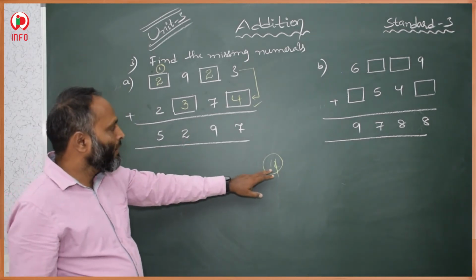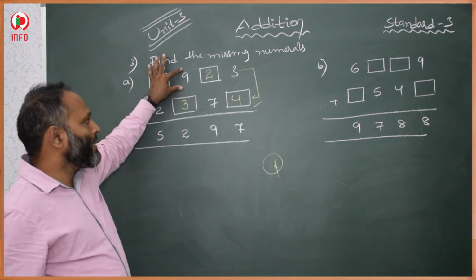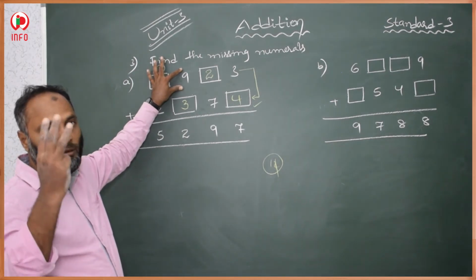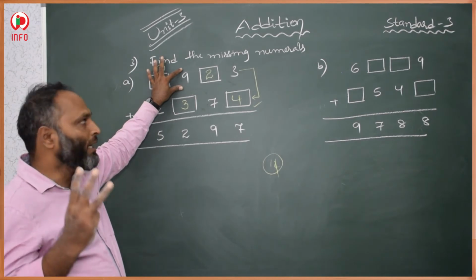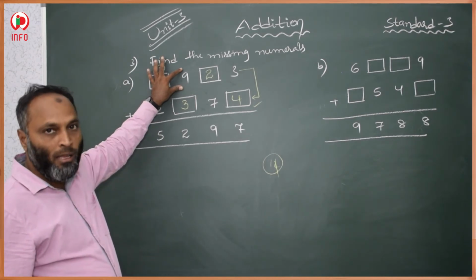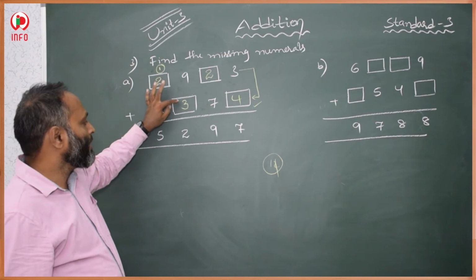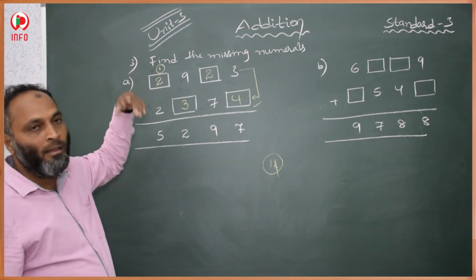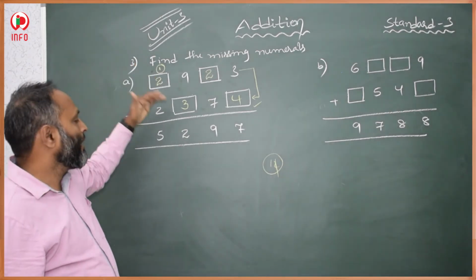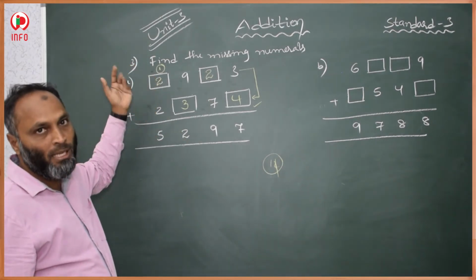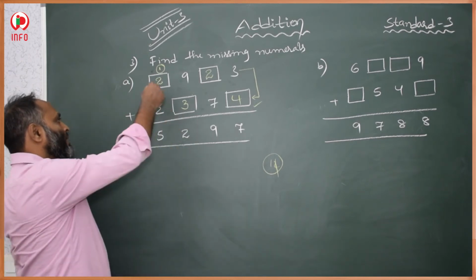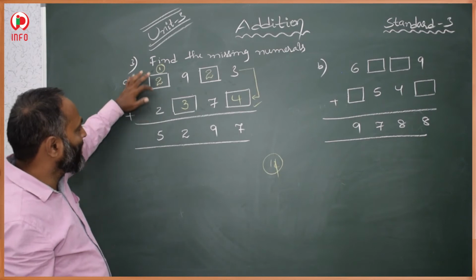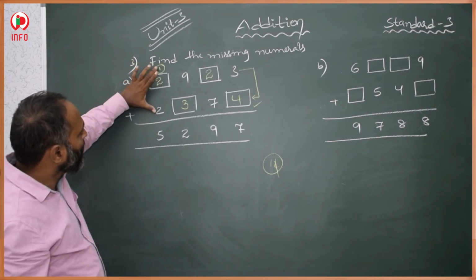Here 12. For 12, what number should add to this 9 to get 12? 9, 10, 11, 12. If I add 3 to this 9, then we get 12. 9 plus 3, 12. 12 means 2 is here and 1 is next on next digit. We take 1 to next place value. What is our next place value? 1000's place value. In the next place value, 2 is there and 1 is there. 2 plus 1, 3.